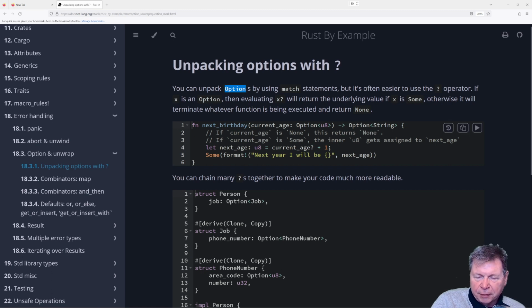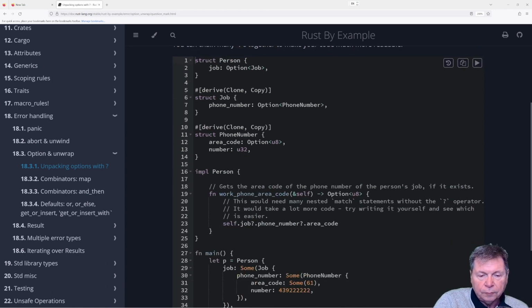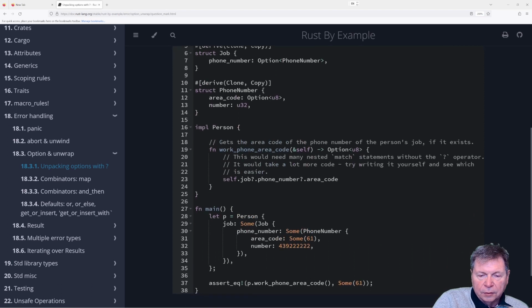And we've experienced that before in our printouts. We stuck question marks on the end of everything. And that kind of let us flow through and exit at any point. So we've got question marks here scattered throughout.